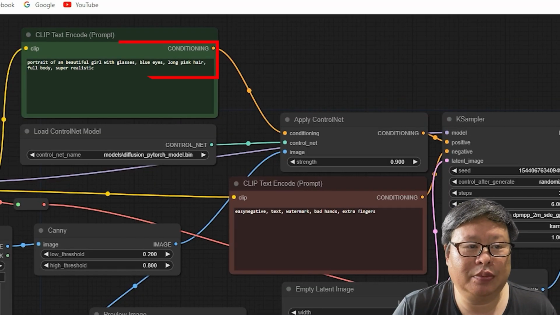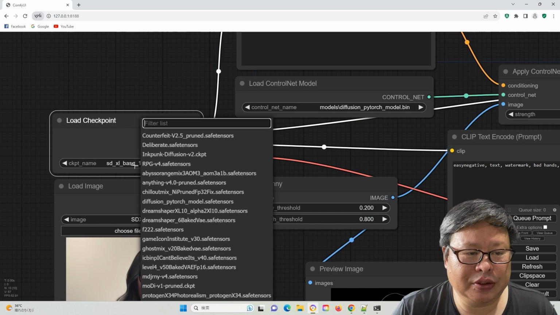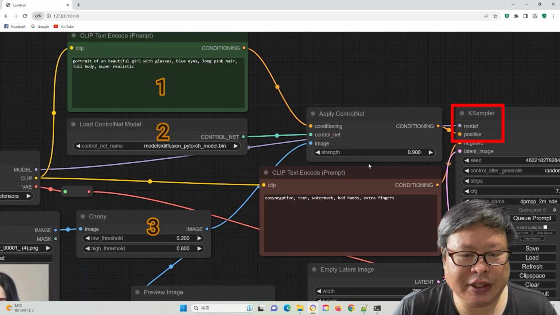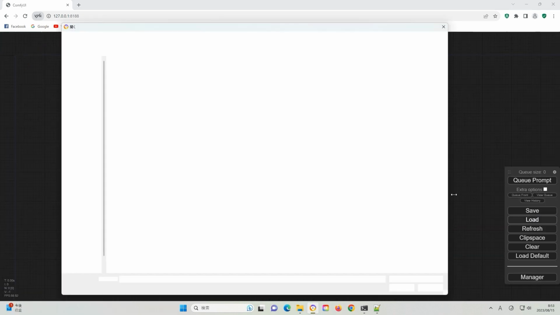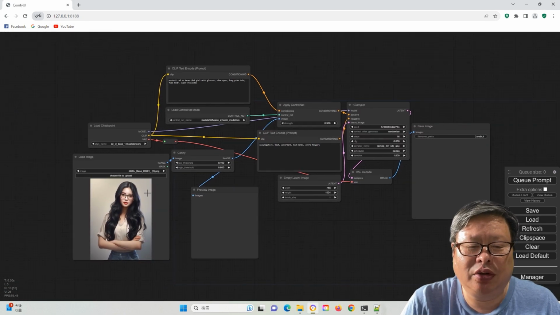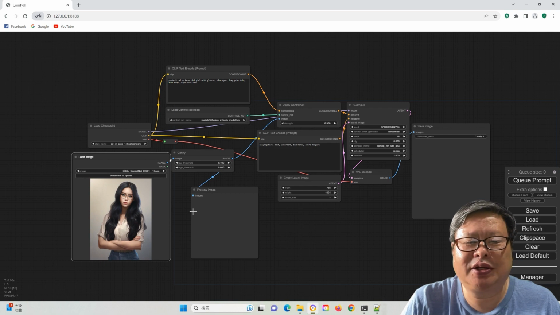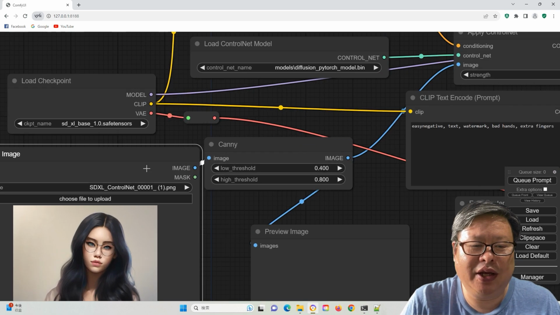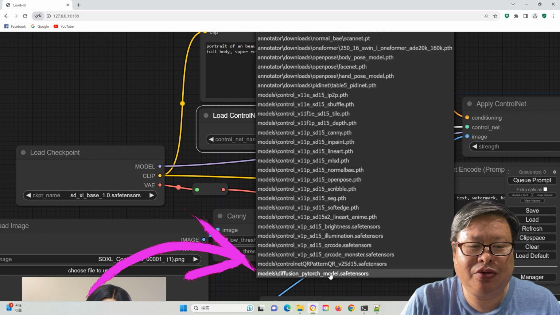You can follow the same process I outlined in my earlier video. Or if you are not familiar, you can simply download the provided JSON or PNG files linked in the description below. Load the chosen file into ComfyUI. First, we try SDXL ControlNet image.json. Load the image file you want to use as the ControlNet sample. Keep the other parameters consistent. This commences our experiment by using the standard SDXL ControlNet.